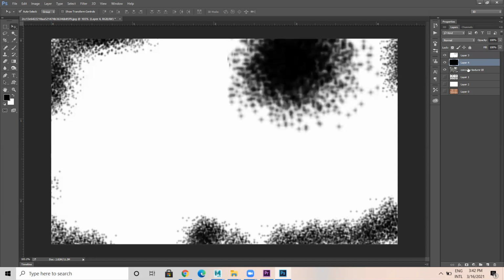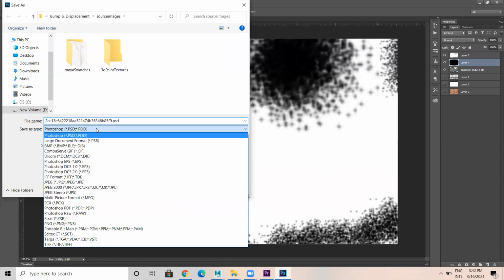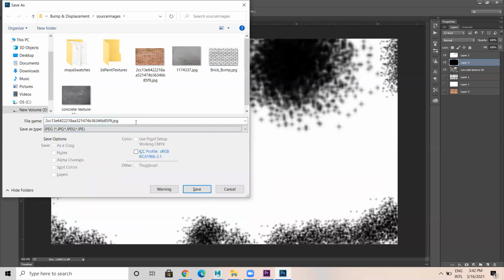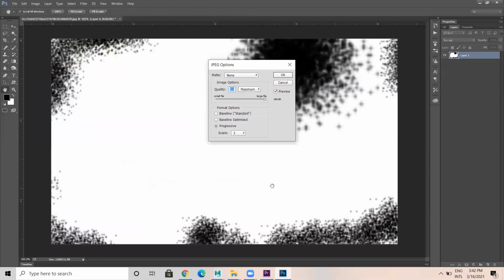This has to be black, like this. This is concrete transparency. Sorry, you can make this as transparency or bump. So you can go for JPEG, this one. You can call this concrete alpha. Concrete alpha, save this.